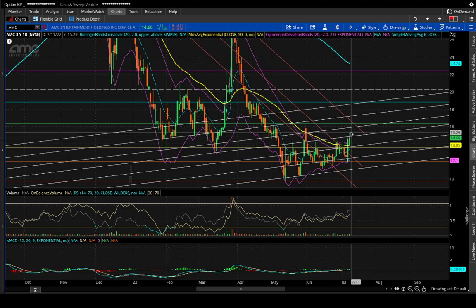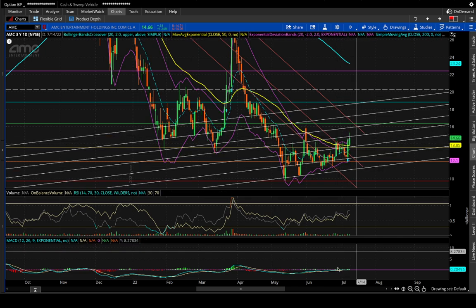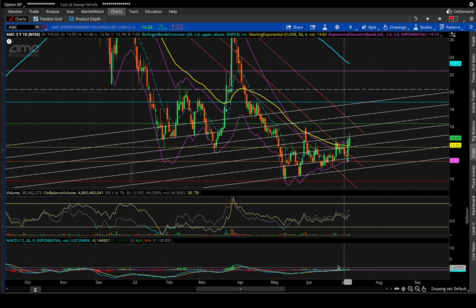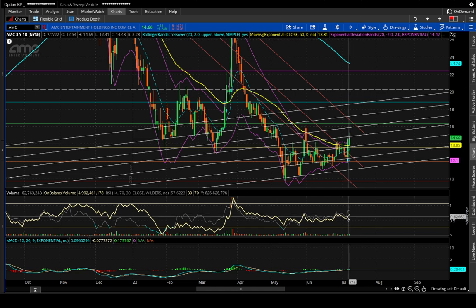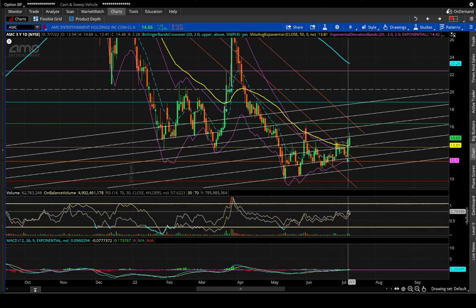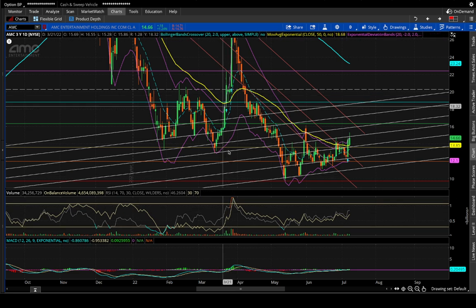But the fact that we popped up here and rejected down doesn't concern me, because your MACD is still curling to the upside, the demand is there, your OBV is rising on the daily, and we honestly needed a bit of a cool off on the RSI. It's still a little bit hot, but there's plenty of upside to go, and like I said, AMC doesn't always respect that. Look at the same point that we're talking about before.